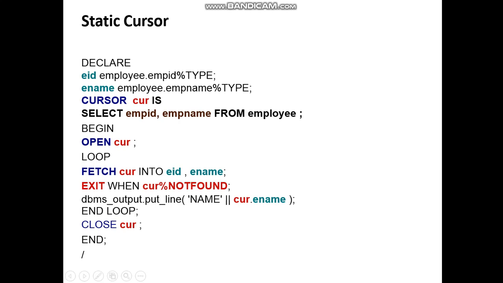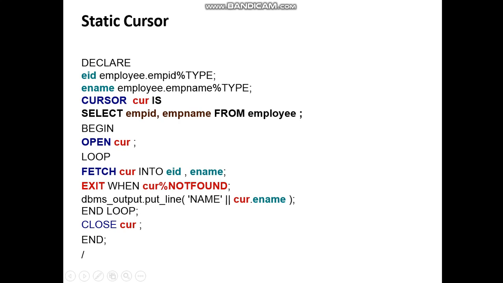So let us have a look at a static cursor. First the declaration section of PLSQL, where EID is defined as the field EMP ID which belongs to employee with its specific data type. Suppose it is number 4, then number 4 will be assigned to EID.